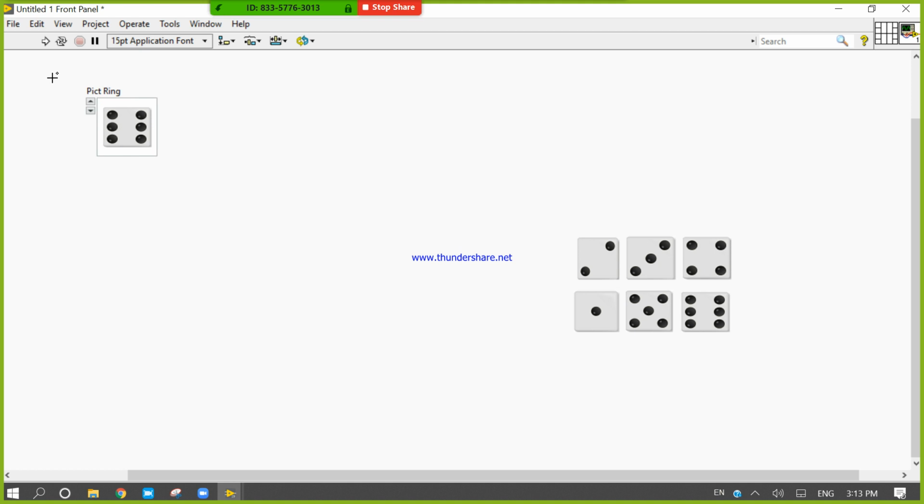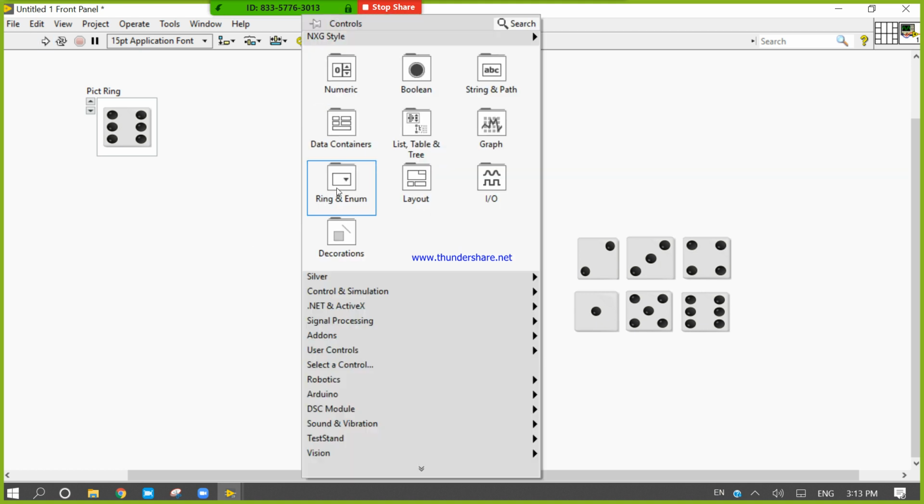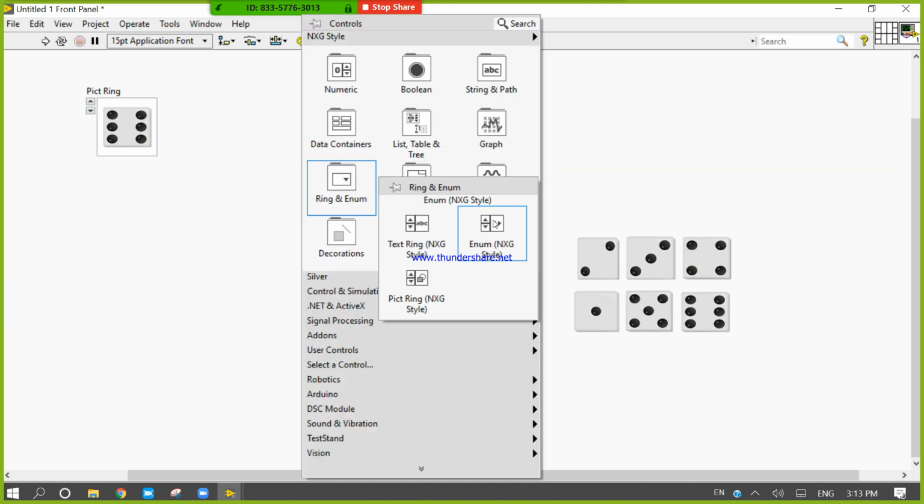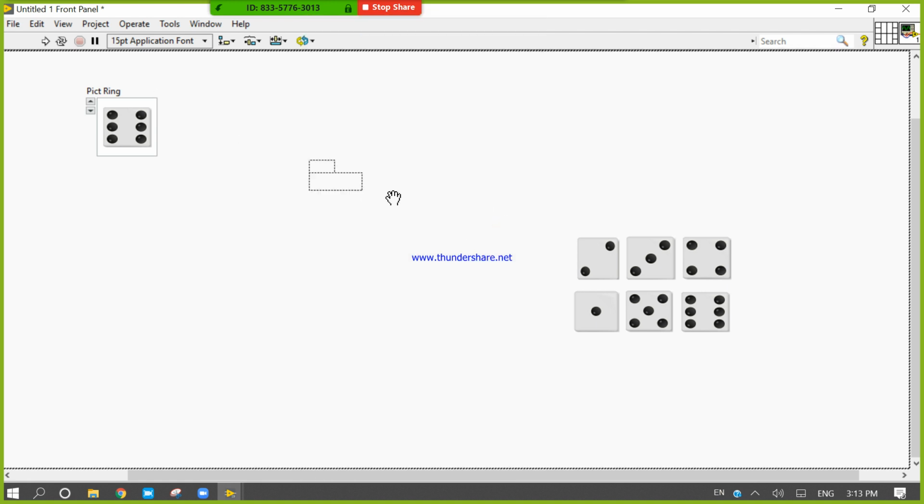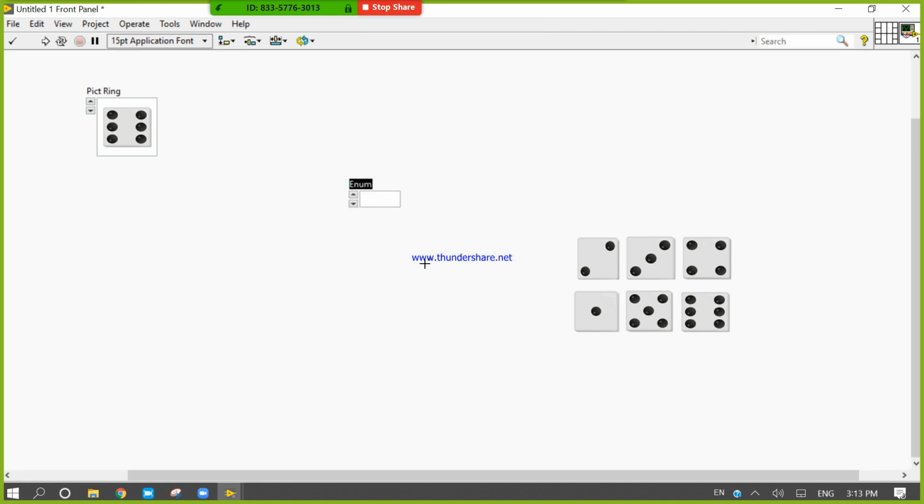So what is this ring? What is the functionality of that ring? Let's discuss. Day before yesterday, you had worked with this enum. So you know very well, enum is an enumerated data type. We use enumerated for user interaction and to control and access the case structures.